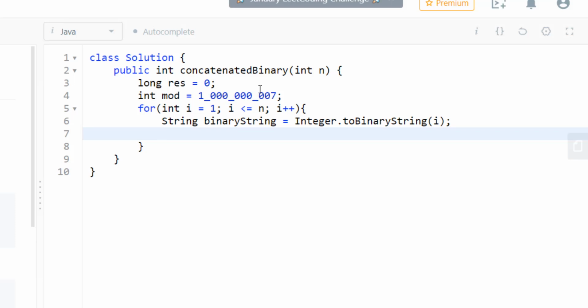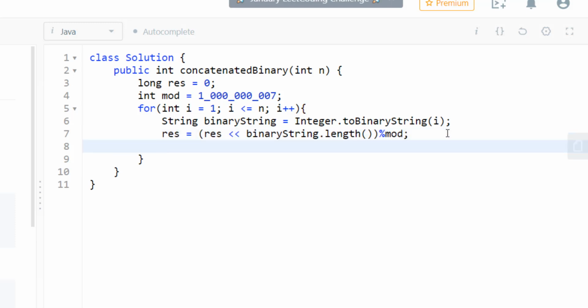The second thing is I need to shift everything that is there in result by the length that we have found out for the particular current string. And with this, to prevent integer overflow, I need to do a mod with my mod. Now that I have shifted, I also need to add the current i into my result.